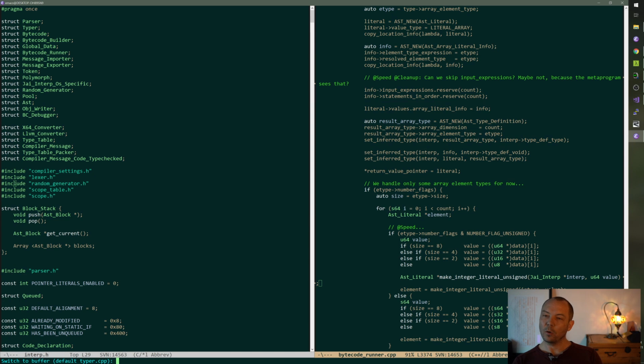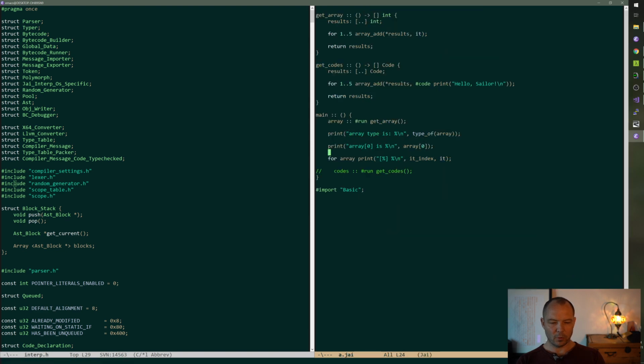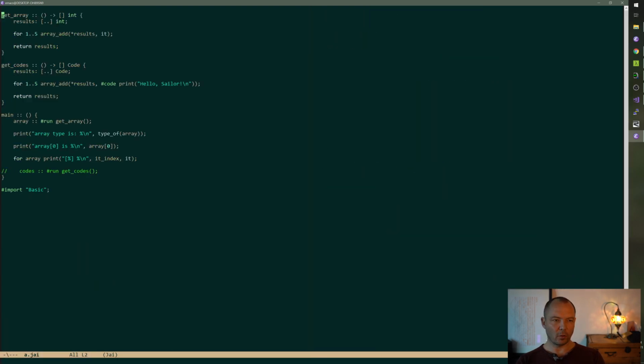Now, we could make this polymorphic and even do enums and stuff, which will be all of a sudden a very good test.